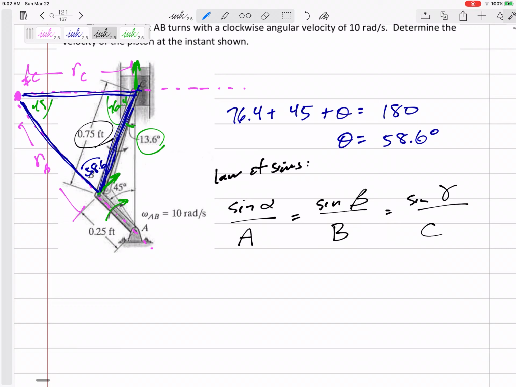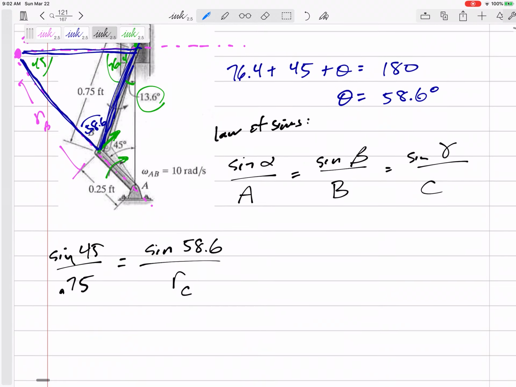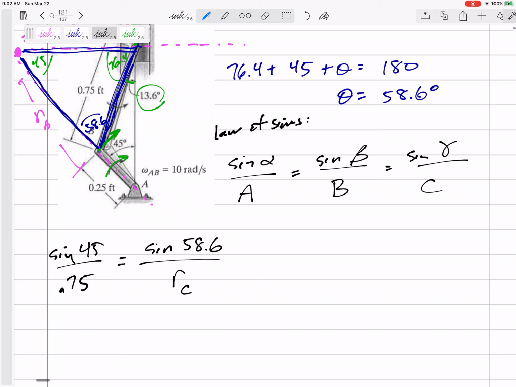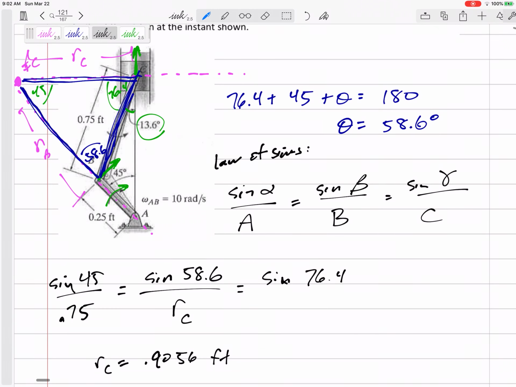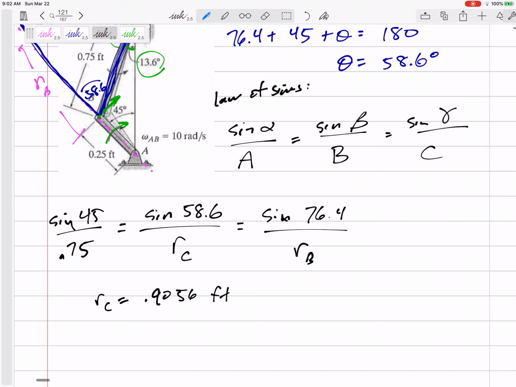Let me look at this 0.75. I know that the sine of 45 over 0.75 would equal the sine of 58.6 over RC, right? So there we go, I can find RC would be 0.9056 feet, but I could keep going. The sine of the other one, 76.4, over RB. So still, that's equal to each other as well. So I would get RB